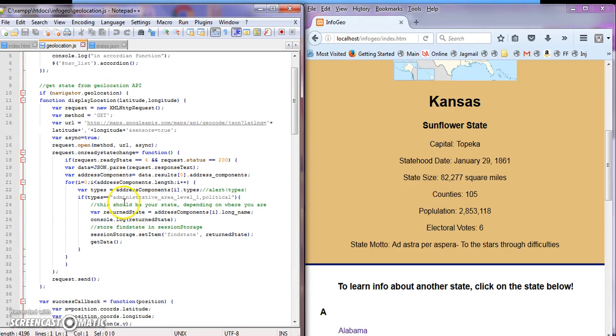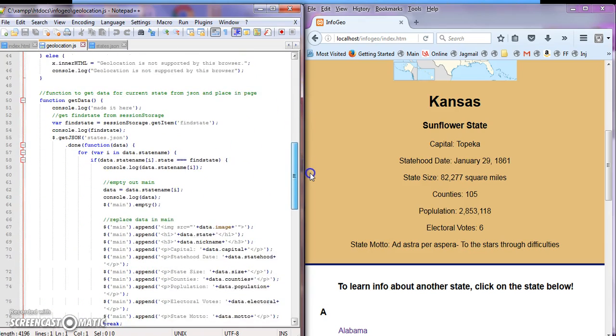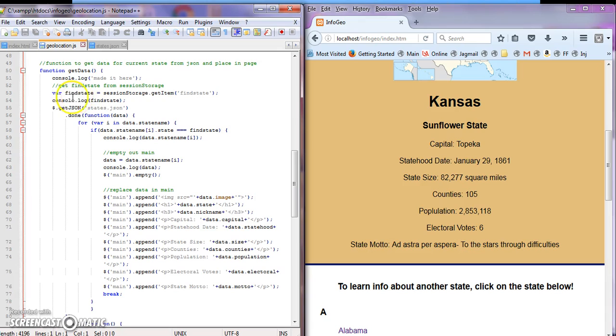After I did the reverse geocoding, I returned the state address, and I got the long name of the state. And then I console logged that return state. And then I put it in session storage so it would be available in my other functions. And then I called my getData function. So if you go down to my getData function, it will pull from my JSON file. It'll pull back up